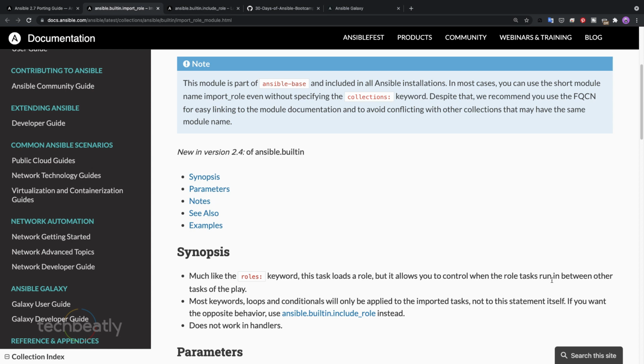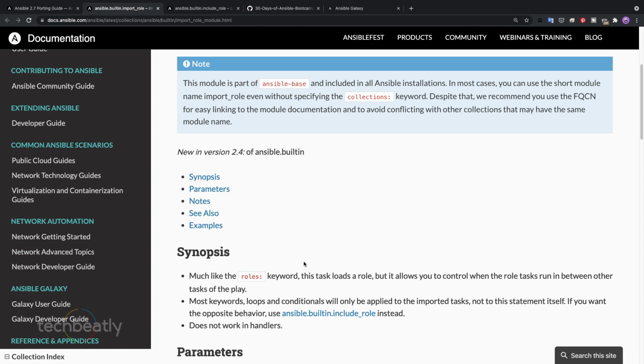It allows you to control where you want to include or import this role at some stage of the playbook. Because roles are called directly, but include and import give you more control. But remember, import will be imported into the playbook even before you reach the actual task.